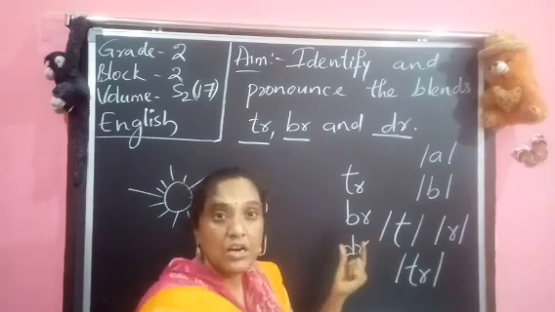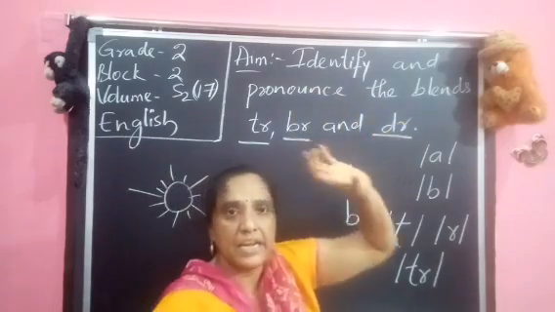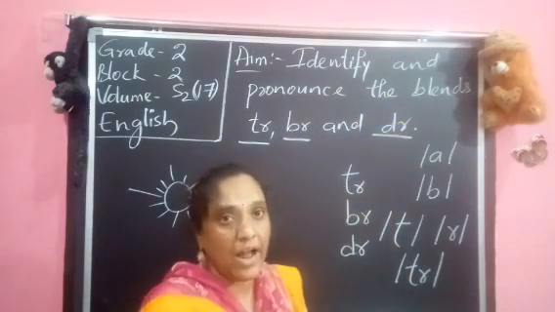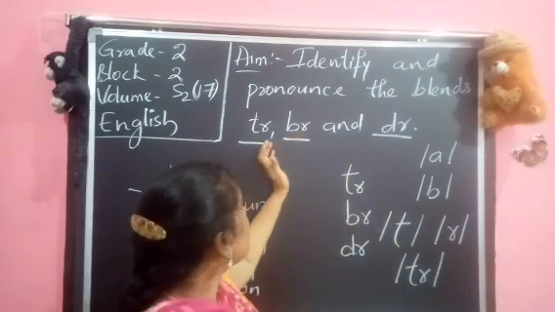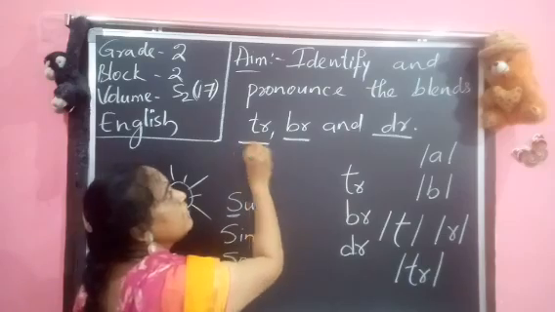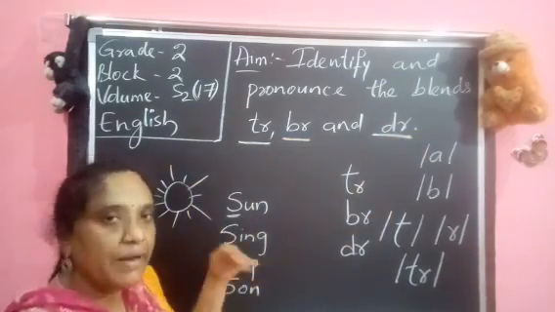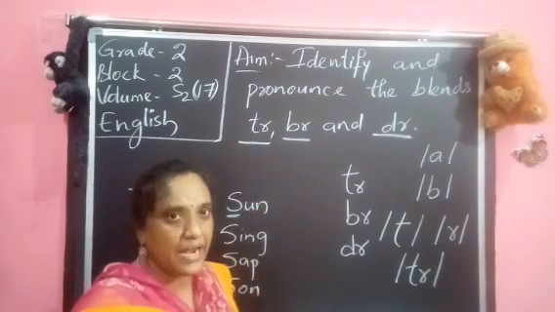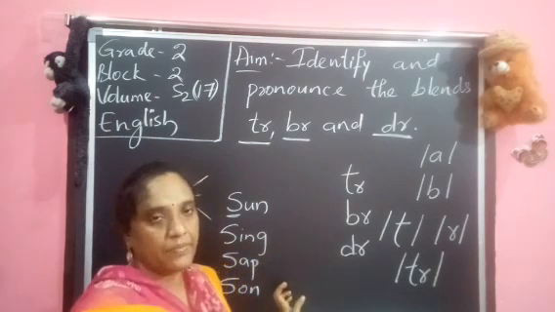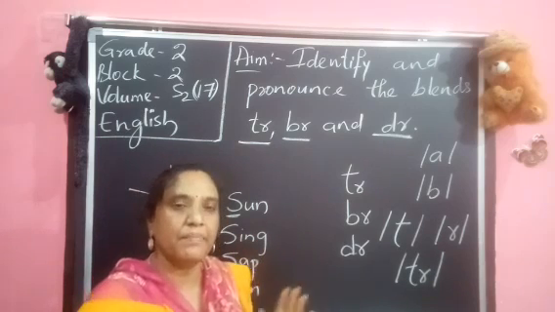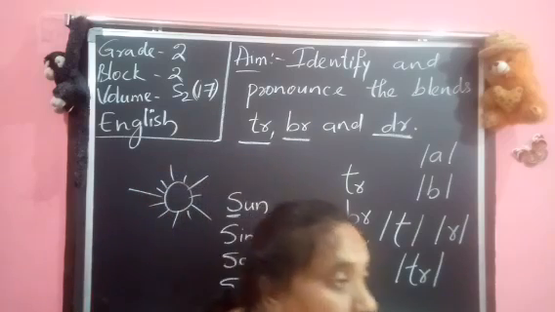So we are going to read these blends, identify and pronounce the blend. In every word, we are going to find which words are starting with this. So today we are going to learn tra, bra and dra blends. By using these blends, we want to find some words basing on them. Let us see some of them, and basing on that, you try to remember some more blends and try to complete in your classwork.